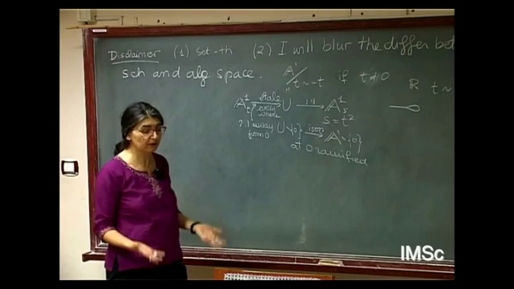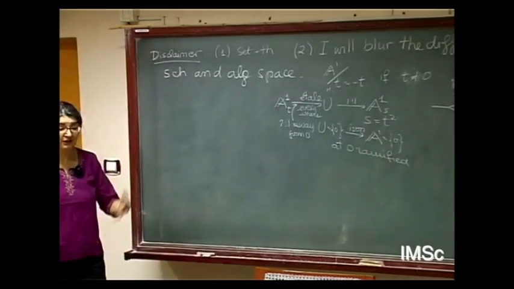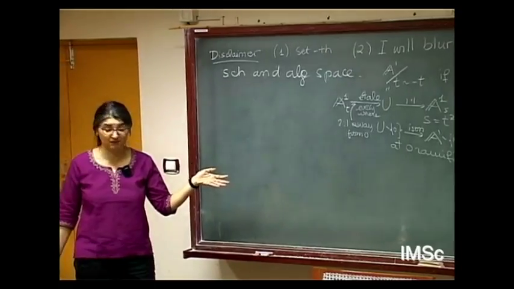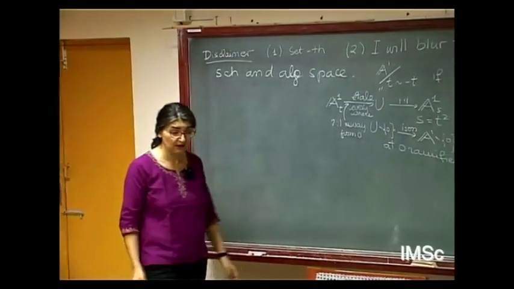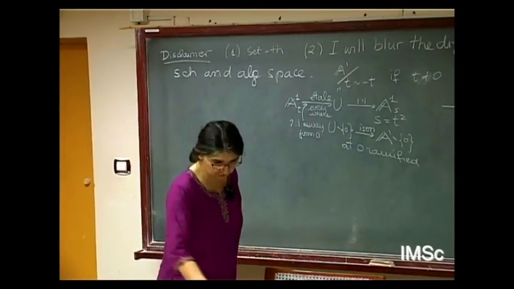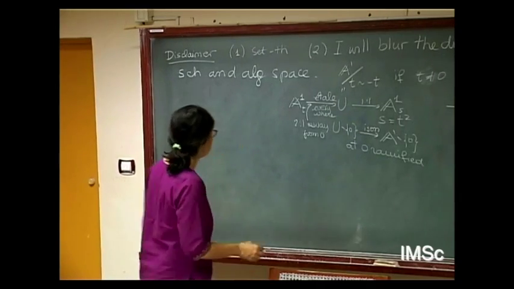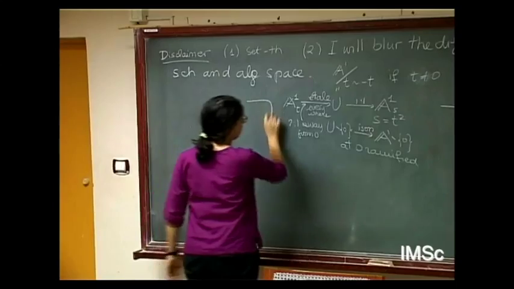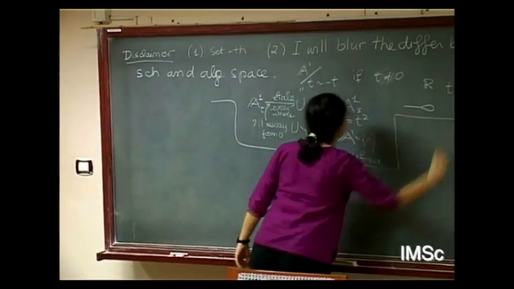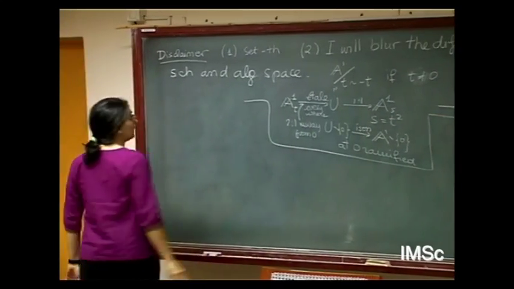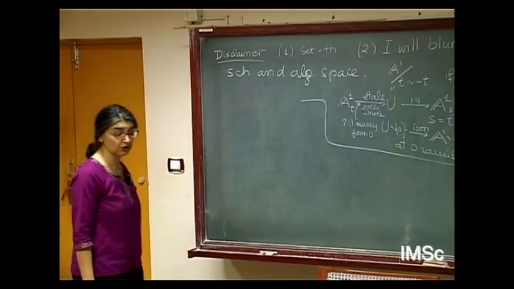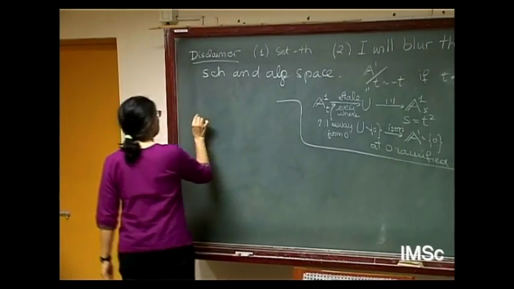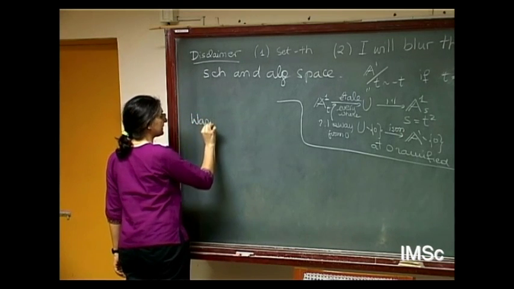In fact, when people gave you the definition of scheme, they could have done something more and given you the definition of algebraic space. It's not terribly different. And anyway, you don't want to use the definition of scheme, and you don't want to use the definition of algebraic space either. So this is the disclaimer. These are the things that I should be saying if I wanted to be completely precise, and I will not do either. Instead, I have a small warm-up exercise